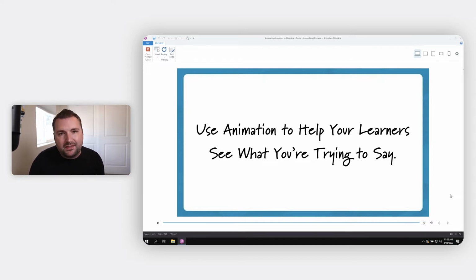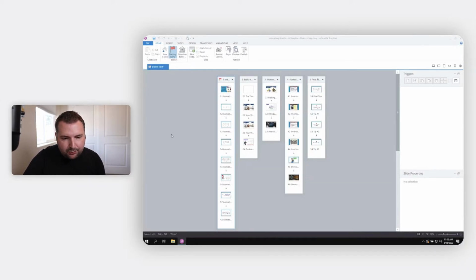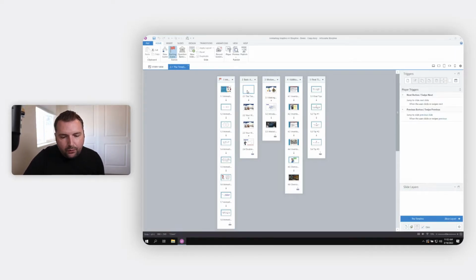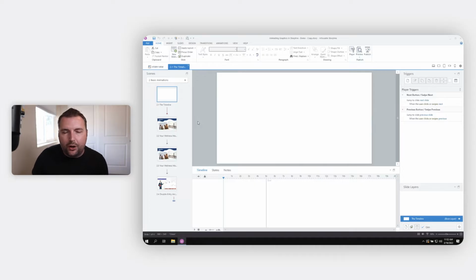That's what we're going to be focusing on today, helping you design animations that can better help you visually communicate your content. And we're also going to obviously look at all the technical features of how to animate content in Storyline. So let's go ahead and jump into Storyline. I'm going to close out of this preview here, and I have a bunch of different examples that I want to show you. Before we jump into some of the examples, I want to do a quick overview of the